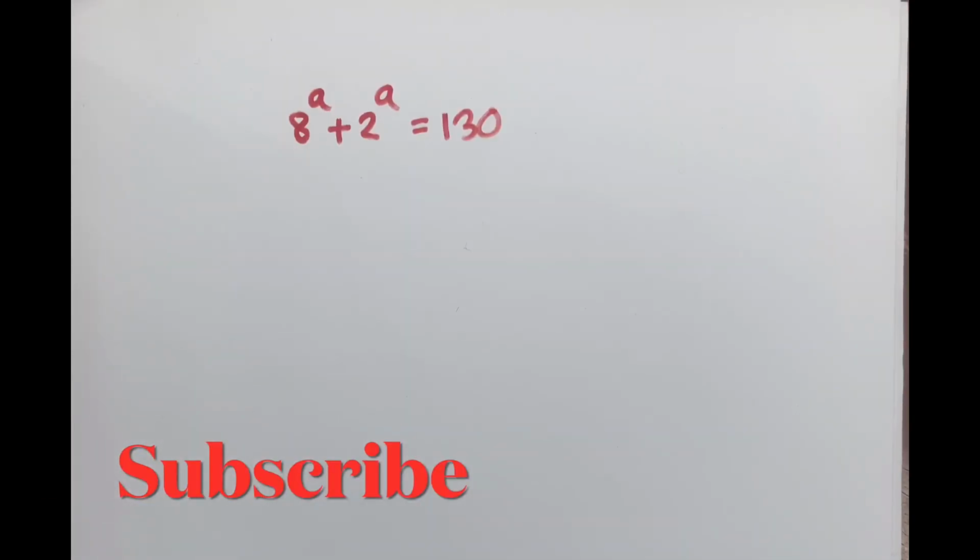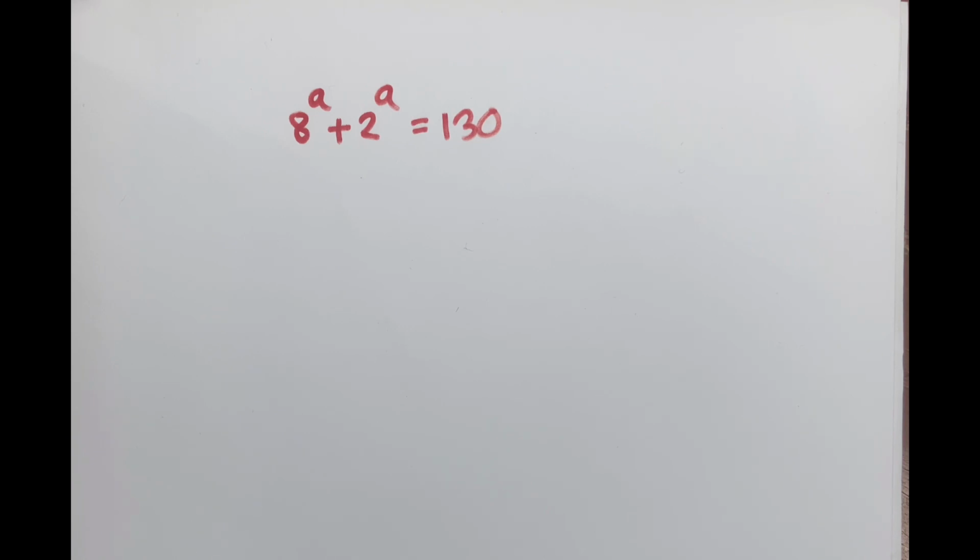Today I solve this problem. It is 8^a + 2^a = 130. It is a math Olympiad question. So first of all,